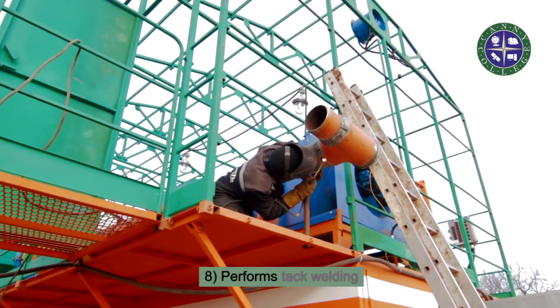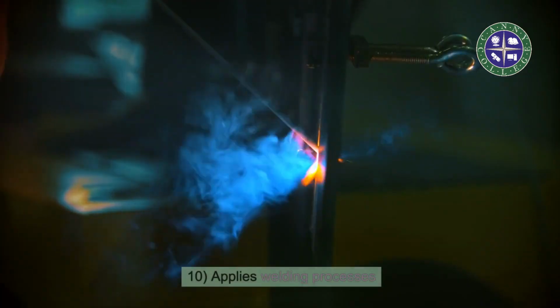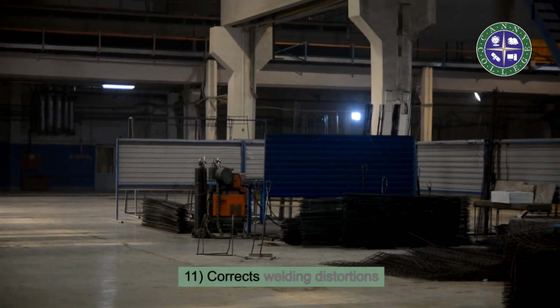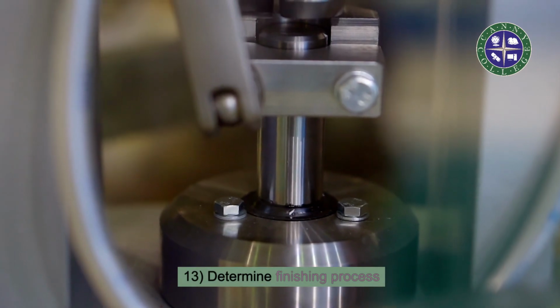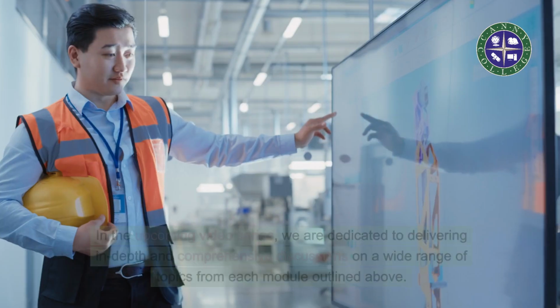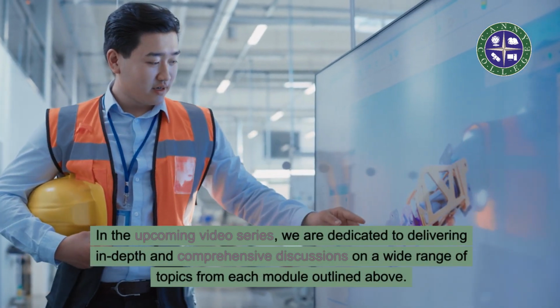8. Performs tack welding. 9. Minimizes welding distortions. 10. Applies welding processes. 11. Corrects welding distortions. 12. Completes project. 13. Determine finishing process. 14. Prepares material for finishing. In the upcoming video series, we are dedicated to delivering in-depth and comprehensive discussions on a